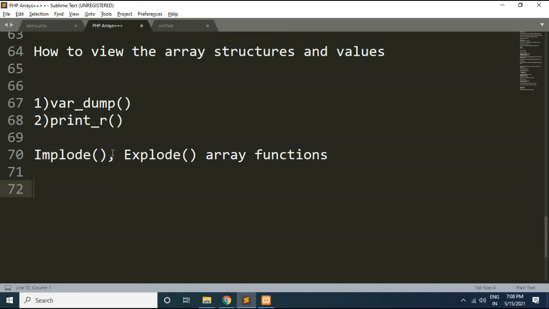So friends, the implode function returns a string from the array elements. Imploding and exploding are a couple of important functions available within PHP that can be applied on strings or on arrays. So first of all we will try to see how to use the implode function. So let's see the example for the implode function.